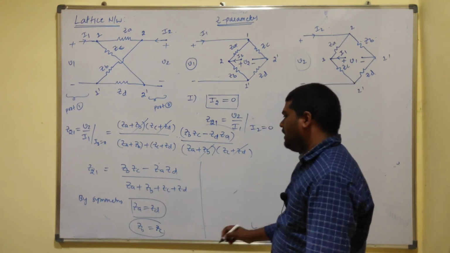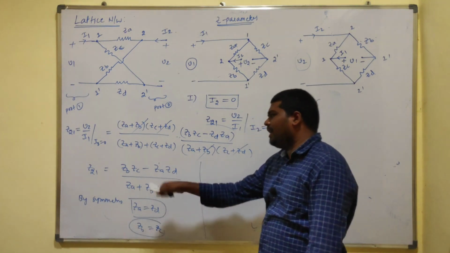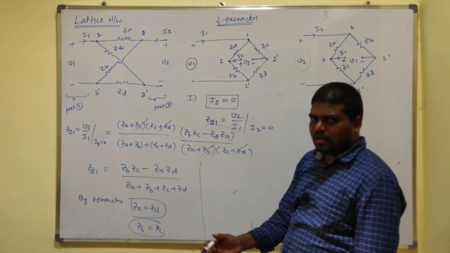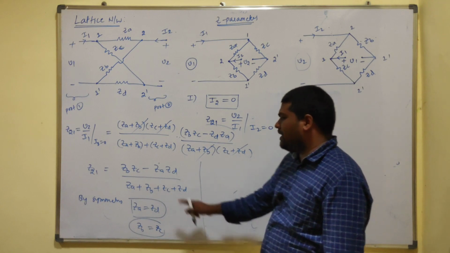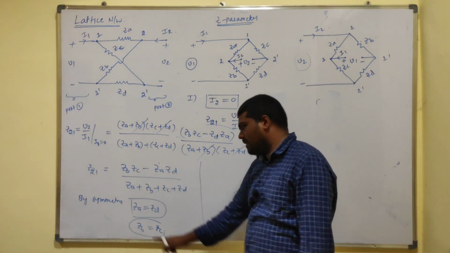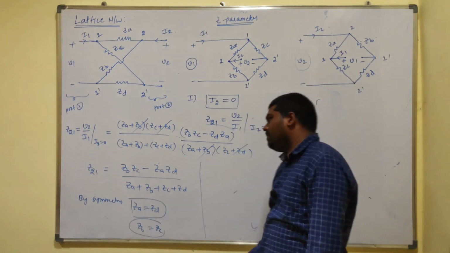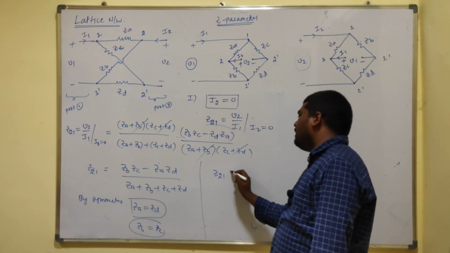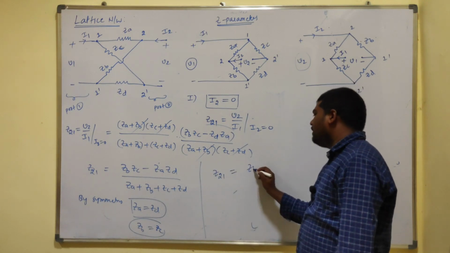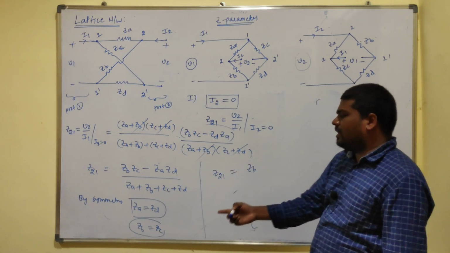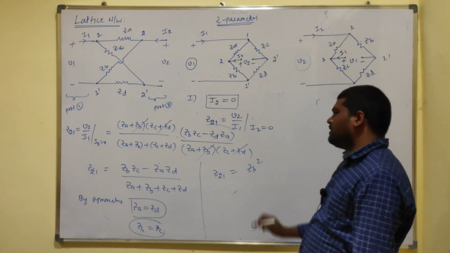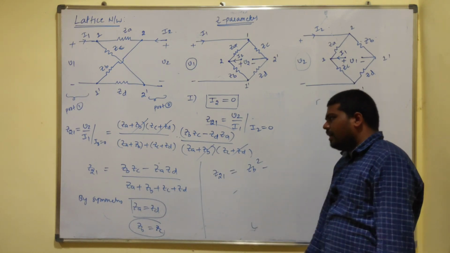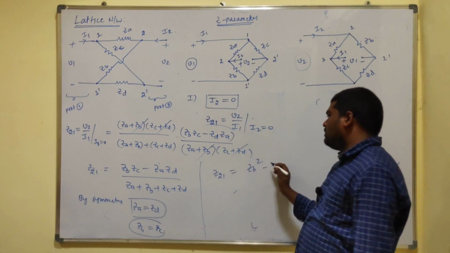ZA equals ZD, so you can convert it into A and B parameters. Now ZD can be replaced by ZA and ZC can be replaced by ZB. Now Z21 equals ZB, wherever ZC is there you can replace ZB. So that is ZB square minus ZA ZD, where ZA equals